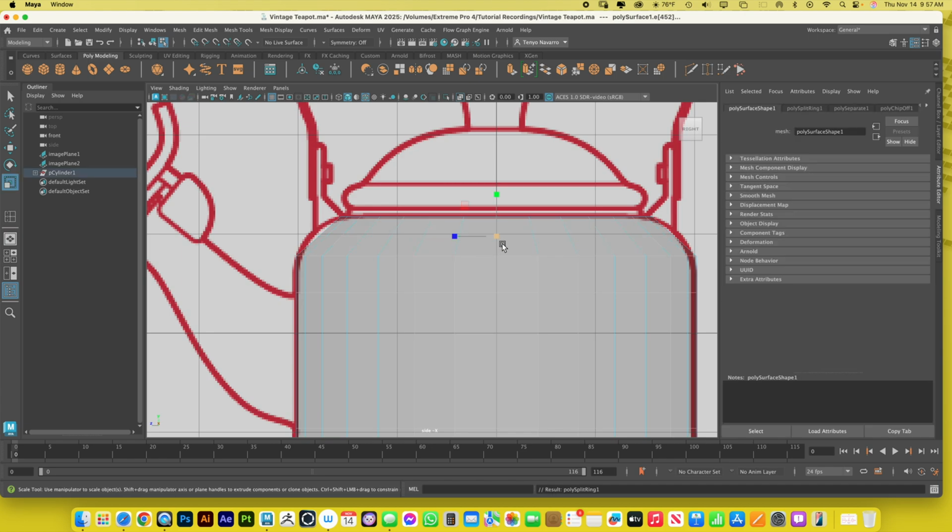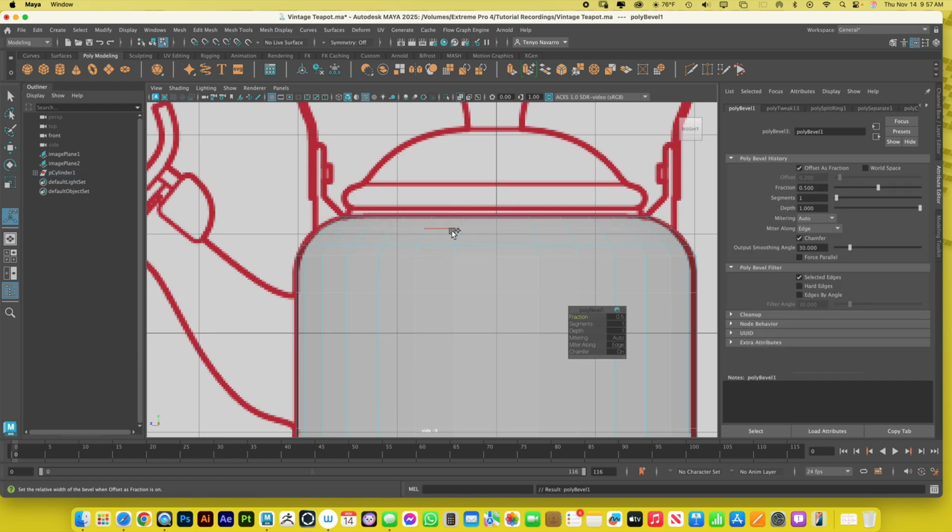I'm going to press R and scale it. I'm going to press W, bring it up just a bit. R, scale it down, and I'm going to bevel that edge. Shift, right click, bevel edge. Whenever you bevel the edge, guys, depending on your computer, be very careful. This little blue circle is very important. This is the velocity that you want, to see the